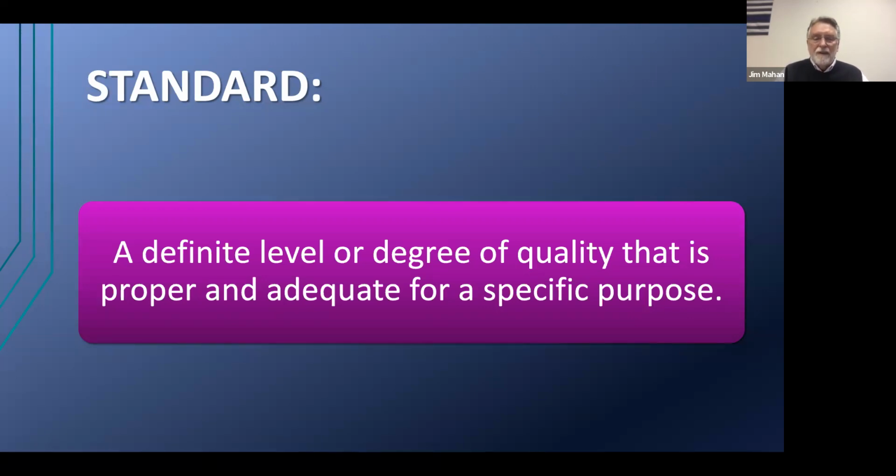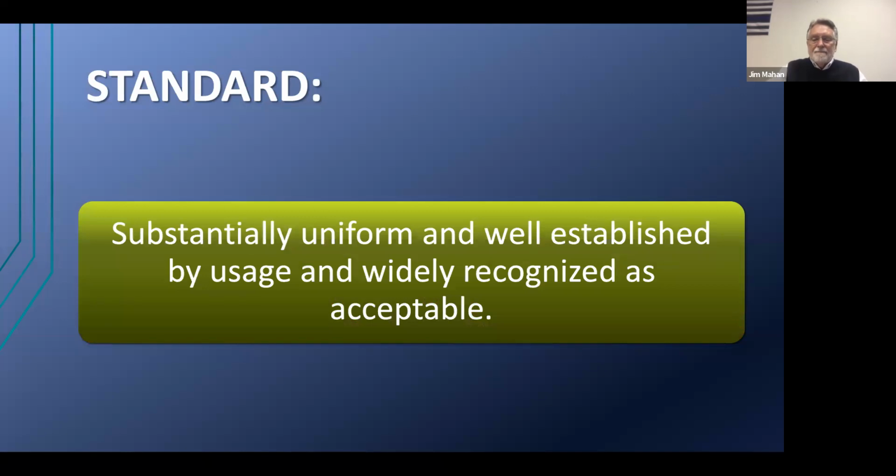There's another definition here that seems maybe even softer. Substantially uniform, well established by usage, and widely recognized as acceptable. Who or what type of company would apply that standard? Typically, we're going to find that standard in almost every franchise company that you see. Let's use McDonald's for an example. Substantially uniform. If you go to China, you go to the Middle East, you go to Europe, you go to Arkansas,